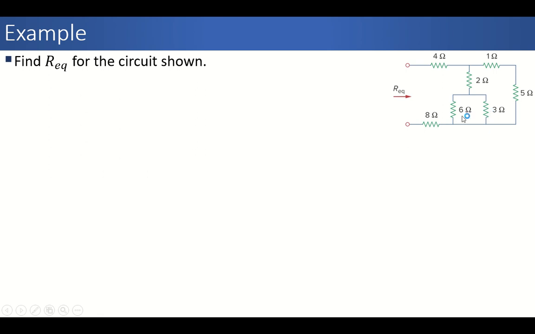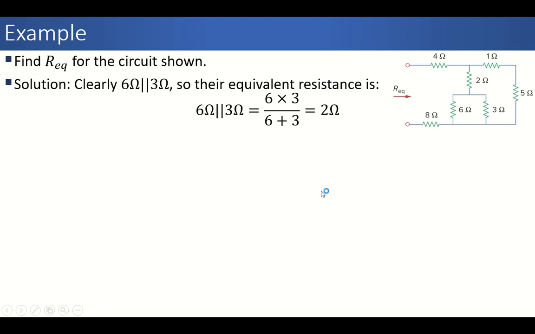Similarly, you can see that the 3 ohm resistance and 6 ohm resistance are in parallel, because the 3 ohm resistance is connected at this point and the 6 ohm resistance is also connected at this point. So this point is common. Similarly, the second point of the 3 ohm is here, and it is the same for the 6 ohm resistance. So the end point is the same, and the starting point is also common between the 6 and 3 ohm resistances. So we can say that 6 ohm and 3 ohm are in parallel. This is the symbol for parallel